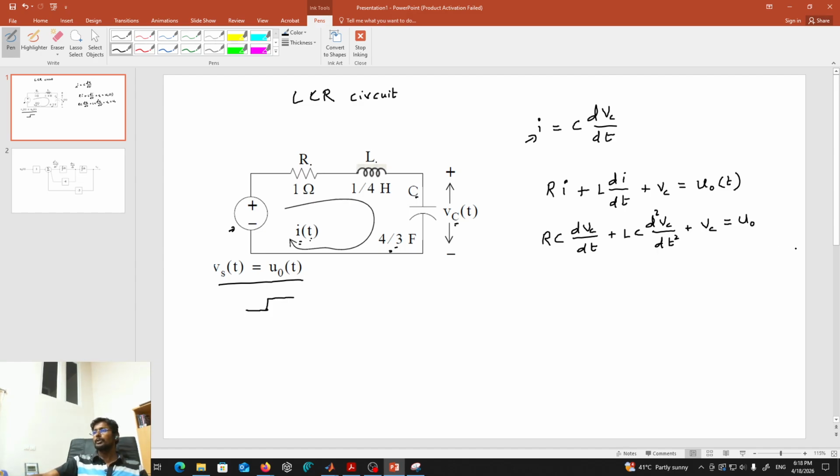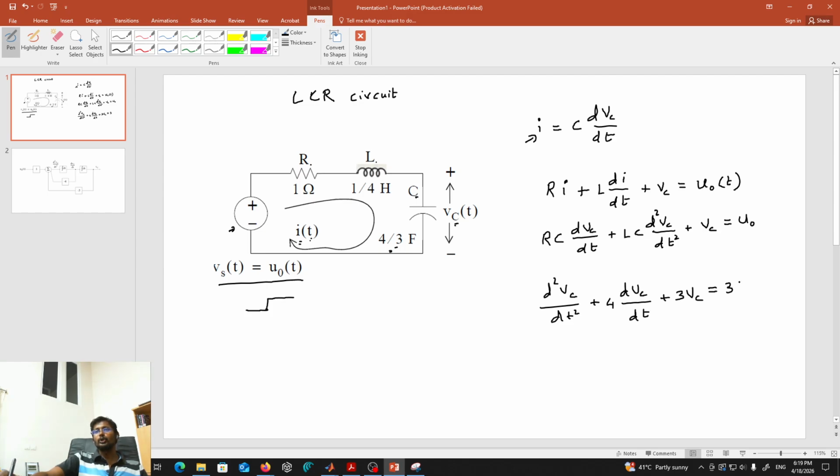If I substitute the values for R, C, L, and rearrange a few factors, then finally I will get d square Vc by dt square plus 4 dVc by dt plus 3 Vc is equal to